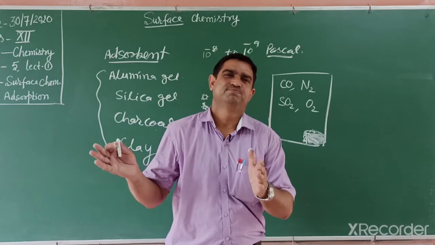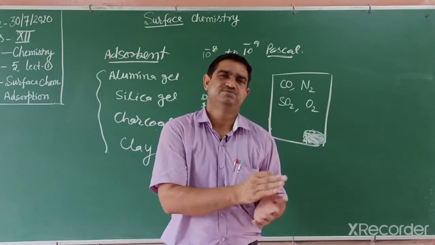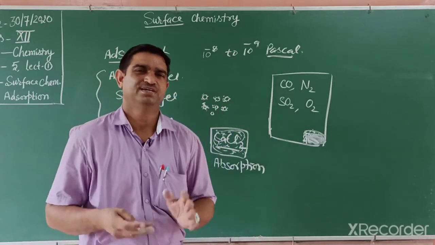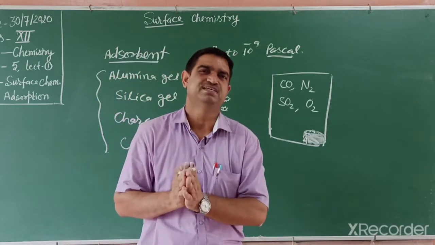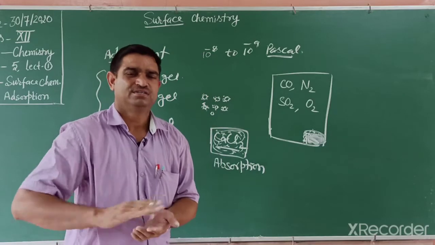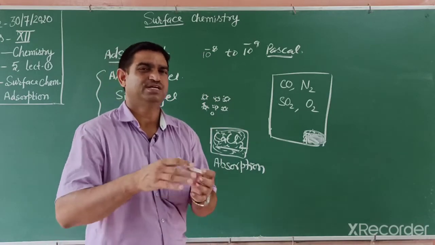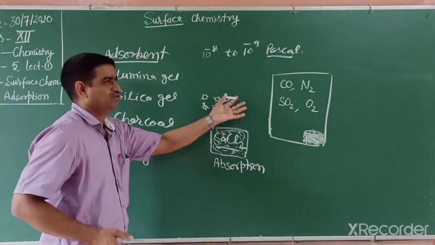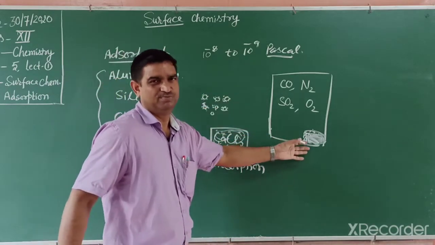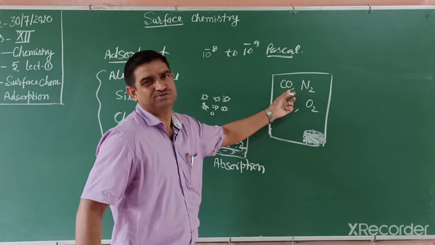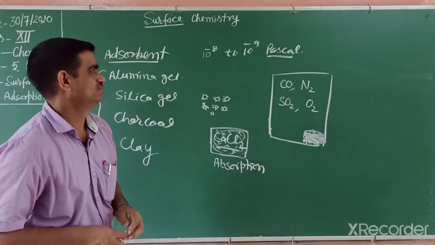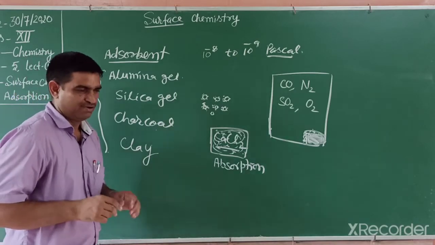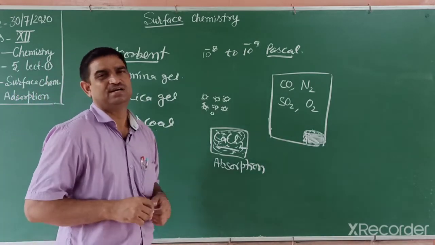In a room, in one corner is alumina gel and in the other is calcium chloride. Then what happens? Calcium chloride absorbs the molecules inside, in bulk, but alumina gel holds them on the surface. This depends on the nature of the gas and also on the adsorbent. So students, these are some applications. Now we will study adsorption in detail.